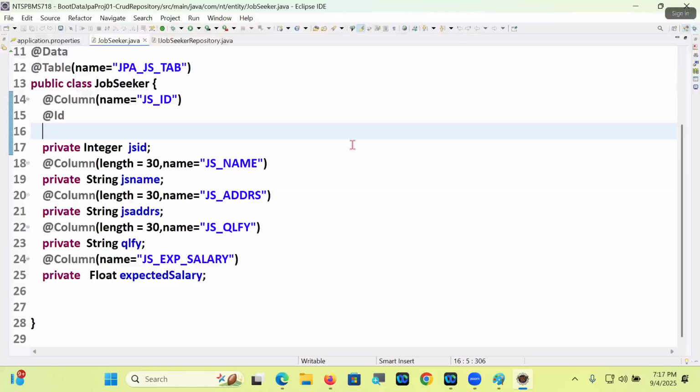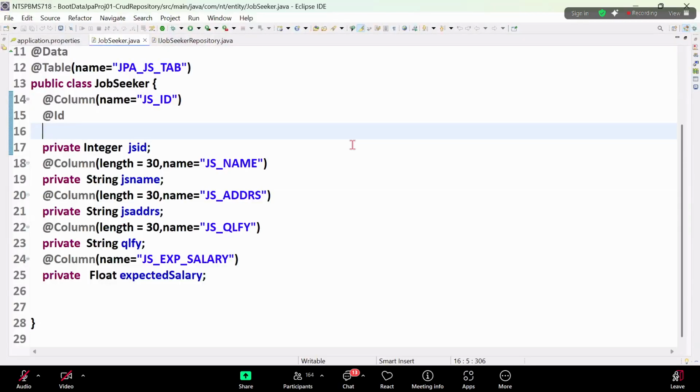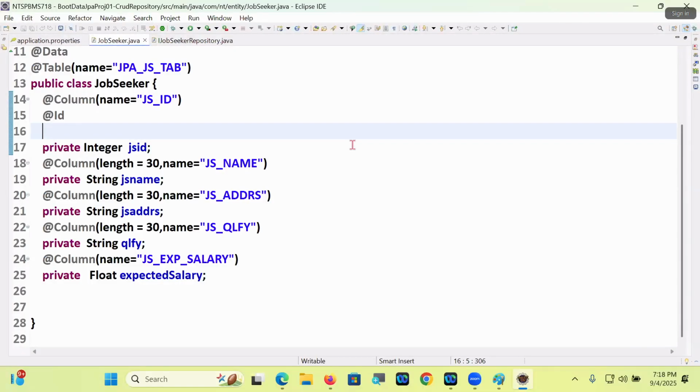How to configure it, sir? Very simple. Tell the ID property that you do not expect a value from the end user, and it is not going to take an assigned value. Even if you assign a value manually, it is not going to take it. So always take a generated value. How do we tell the ID property that it should take only the generated value, and that even if you assign one, it should be overridden with the generated value? For that, there is an annotation called